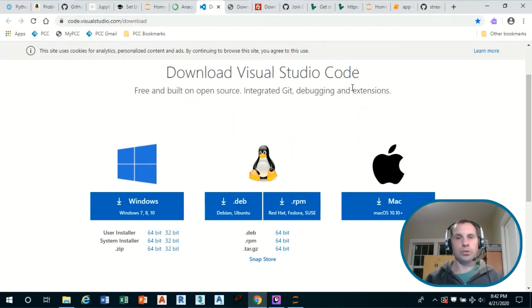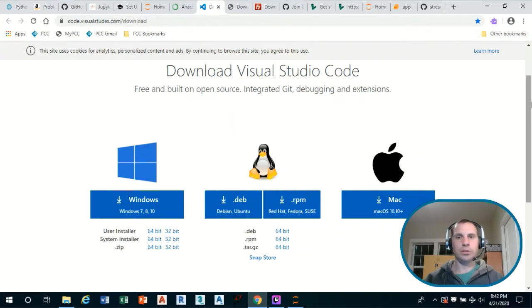Microsoft Visual Studio is a much more heavyweight, full-featured IDE, often used for .NET or C# development. Visual Studio Code is much more lightweight, and it's free. And it's great for editing text files and also editing Python files that we're going to do a little bit of over the course of this stream. So you can click this link for the download.